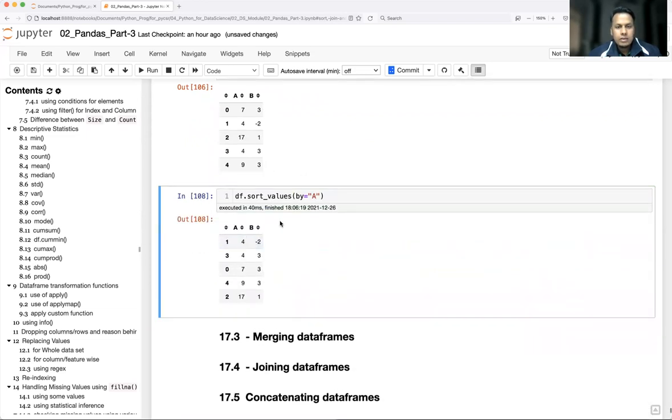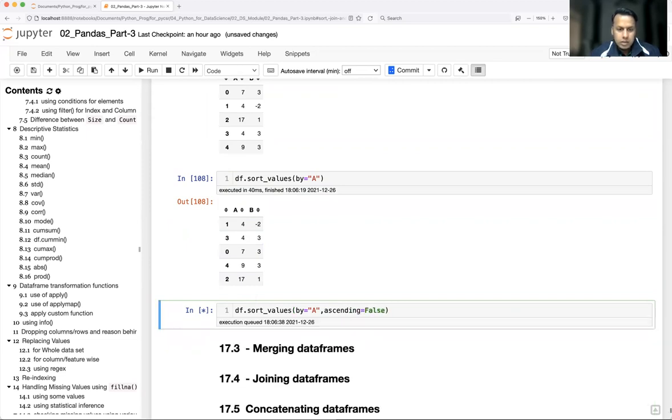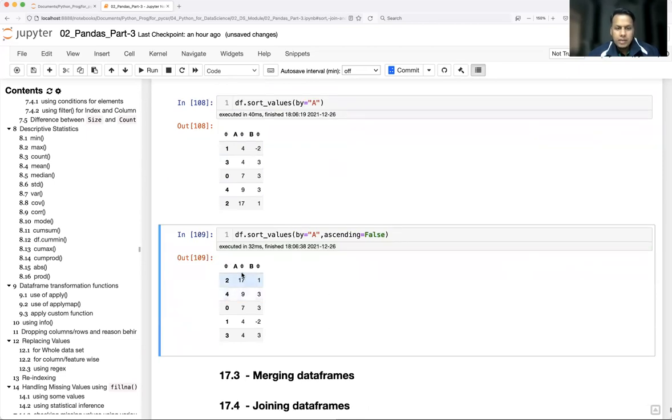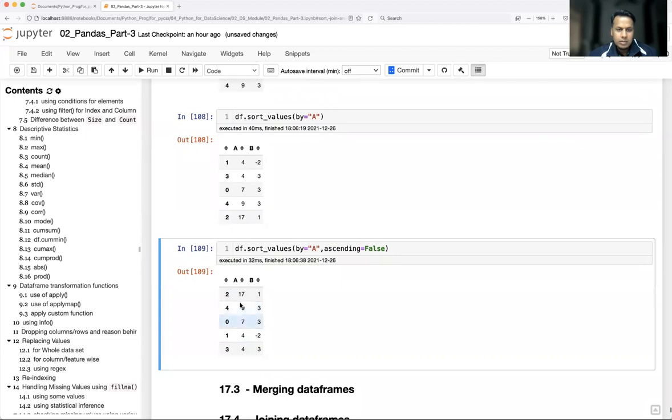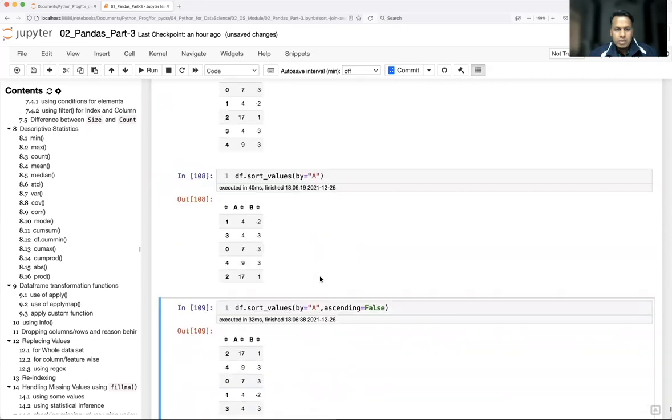You see here it is already sorted in ascending order. It will take column A, and whatever values are there, it will sort them in ascending order. Now I want to sort them in descending order. So what you can do? ascending equal to false. So the topmost value will come first. When you are sorting over A, automatically whatever mapping is there, like 3 belongs to this particular row, it will be sorted accordingly. So column B values will also get changed. You see here, it's all jumbled because the highest value is 17. Okay guys, that's how you apply sorting over rows and columns.